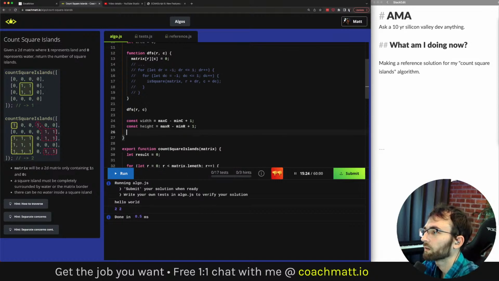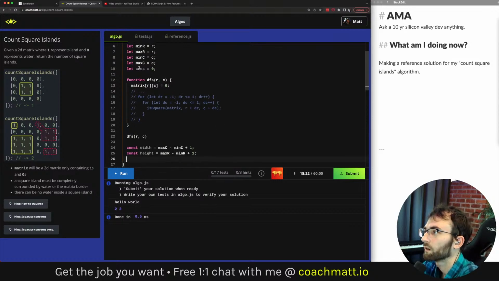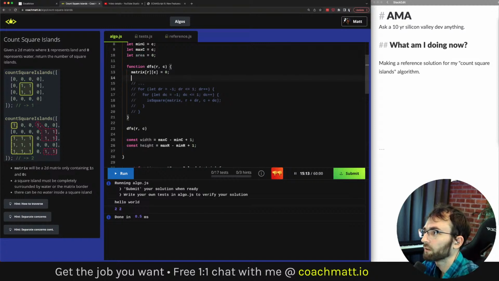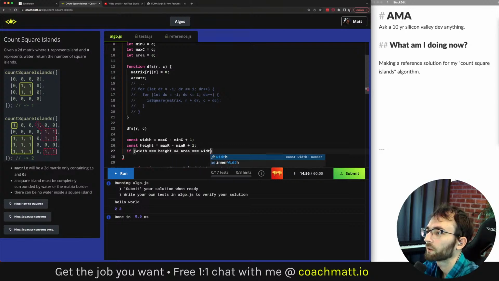So our area, this area up here is the actual area that we find. So what we can do is area plus plus. If width equals height and area equals width times height, return true.